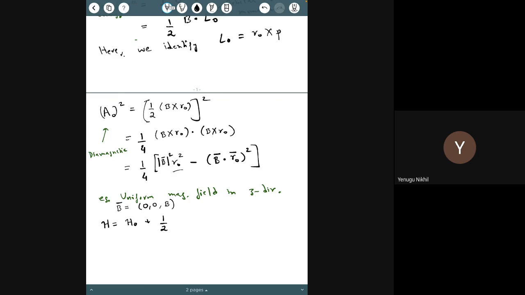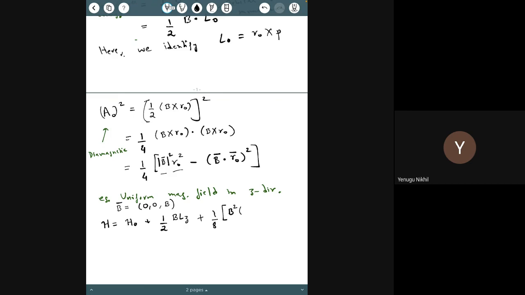So this is half B·L_z. Okay, so there's a dot product. And then I have a half A0 square term. So that's 1/8. And then I'm looking at this term. So what's B square? The modulus of B square, it's just B square. R0 square is,